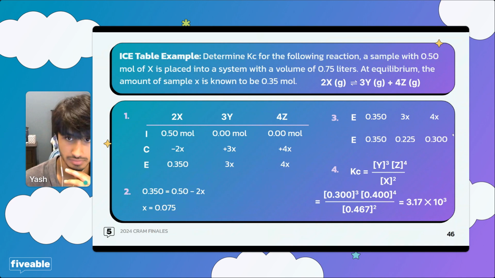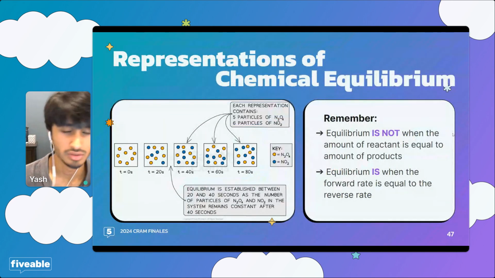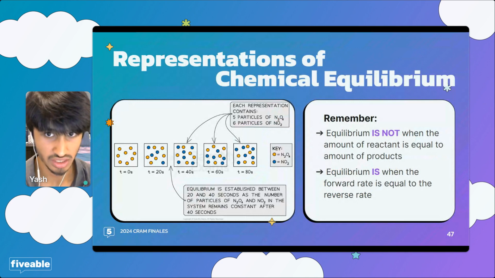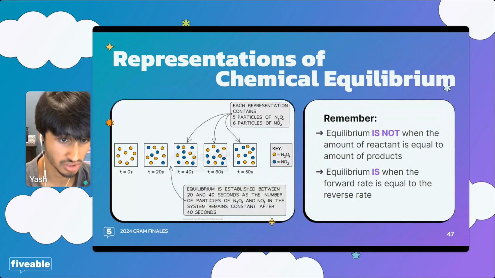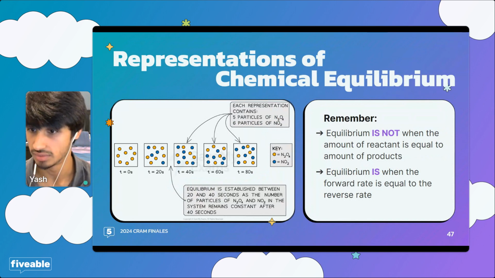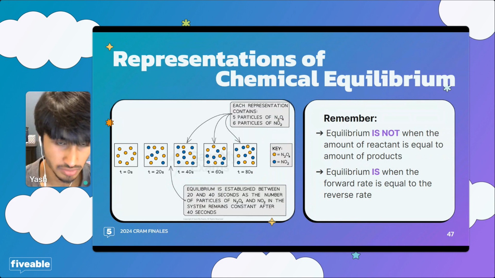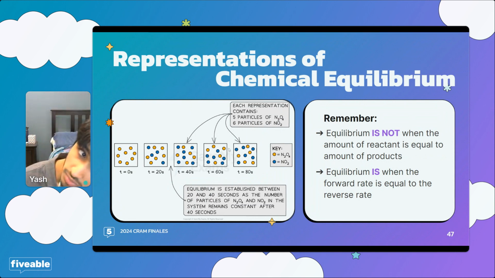All right, let's move on. There will be lots of pictures and diagrams of chemical equilibrium, and you'll have to interpret them. Particle diagrams are especially common in AP chemistry. So here's an example. We have a system of N2O4 initially. At T equals 0, we have all N2O4, and we are seeing this react to form 2 molecules of NO2 per molecule of N2O4. So the question might be, at what time is equilibrium established in the system?